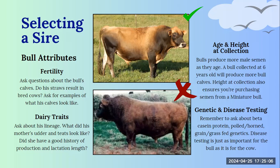Right. I assumed that the collection facilities had some rules or laws about testing for diseases so that things weren't being spread throughout the United States. I had assumed that incorrectly because I came to find out that those facilities actually don't have to test. There's no law that says, especially for the collections that are done on farm, there's no testing that's required. So a bull could be chondro, he could be carrying a disease, and those things are going to be spread. So it's really up to you as the consumer to make sure that the seller is providing you with documentation,